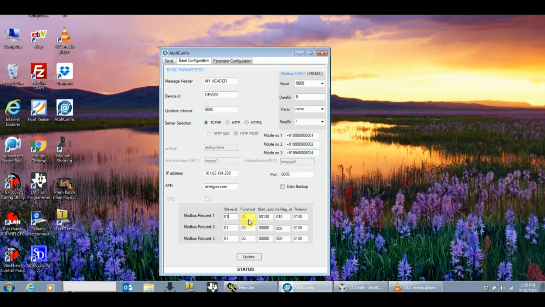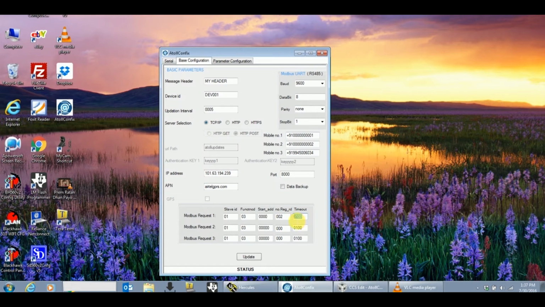The function code is set to 03 for reading the holding registers. The starting address of this device is set to 0000, and let's say I want to read only the first 2 registers, so I set the value to 2. For this particular Modbus device, the size of each register is 16-bit, giving a timeout of 100 milliseconds.